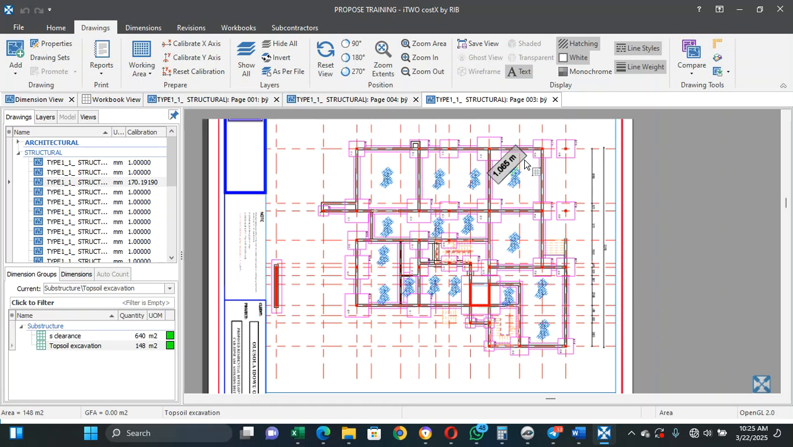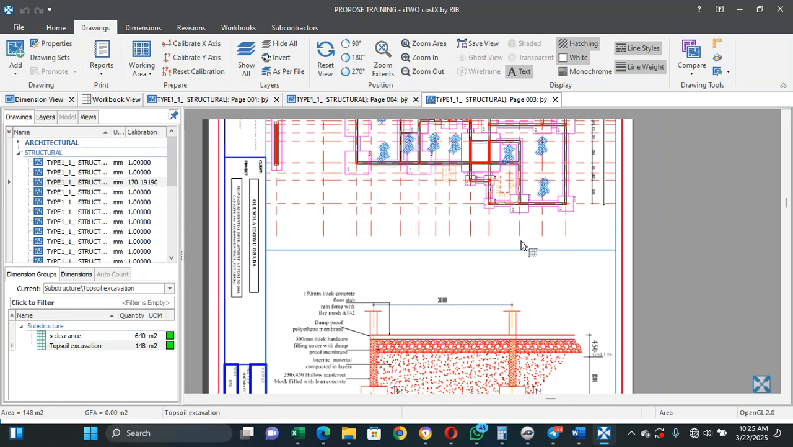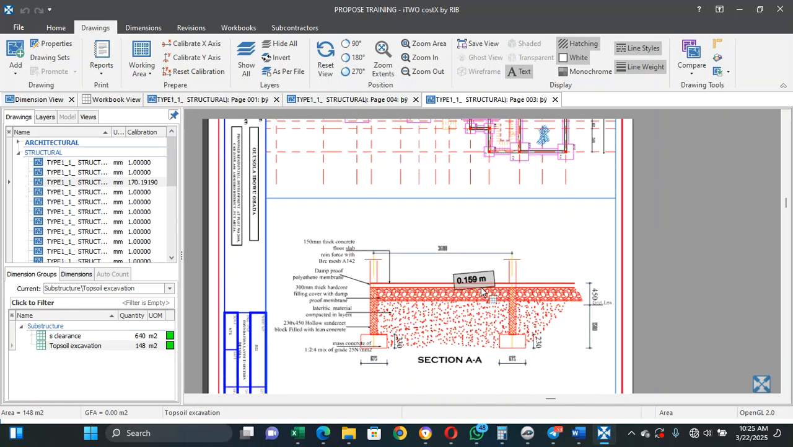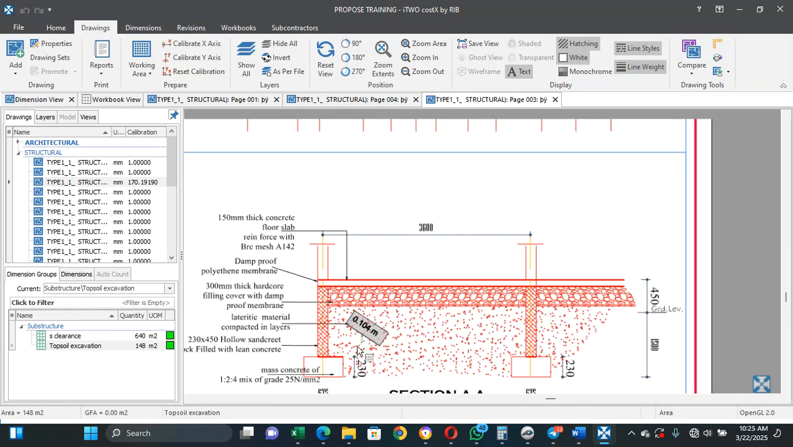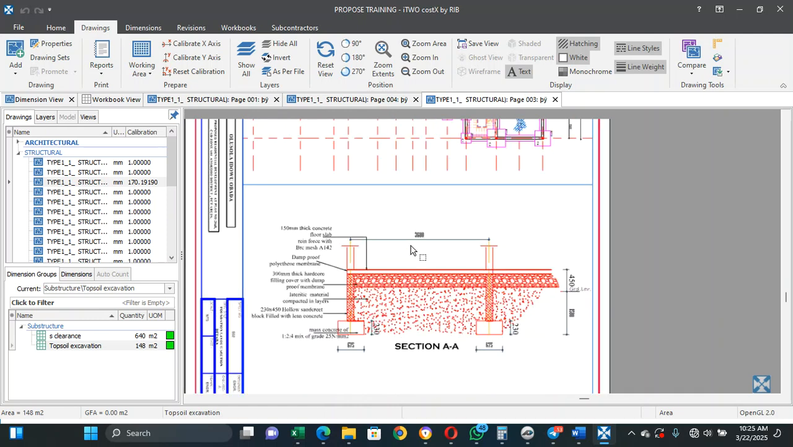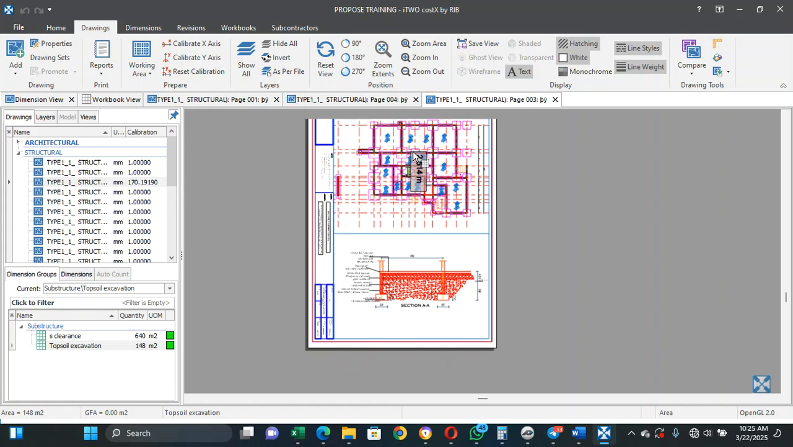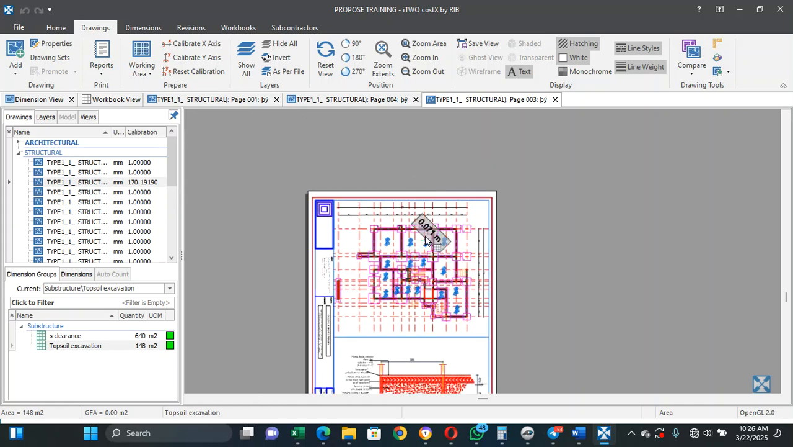I'll also take off the blinding with the concrete footing. The concrete footing is a concrete footing, and there's supposed to be a 50mm blinding under. Okay,